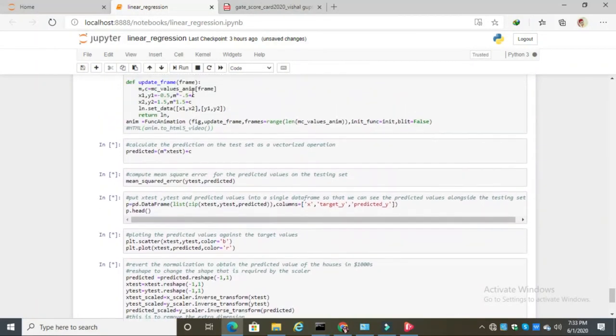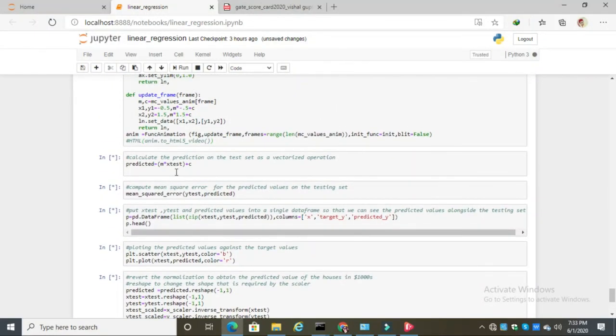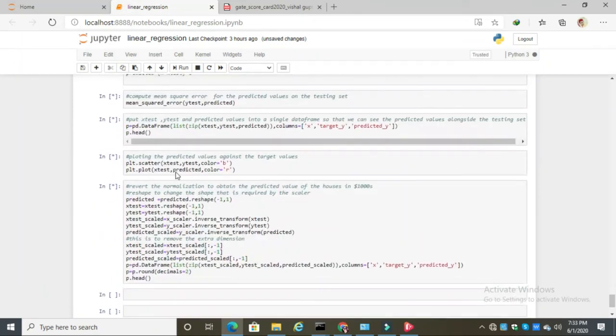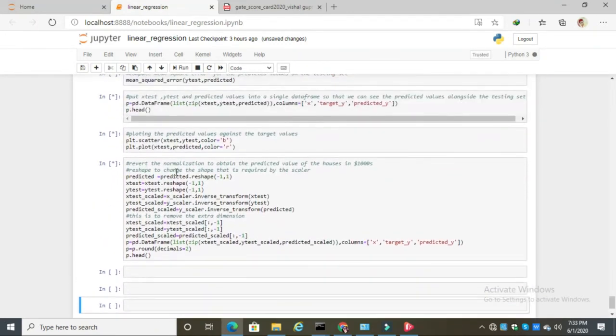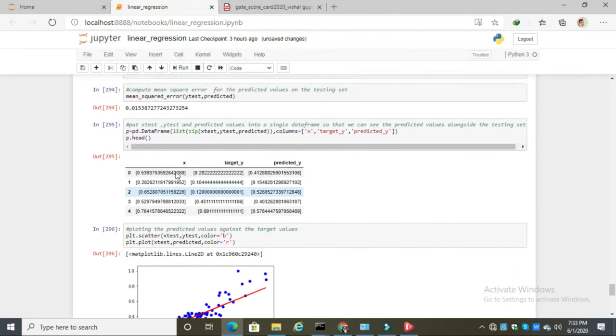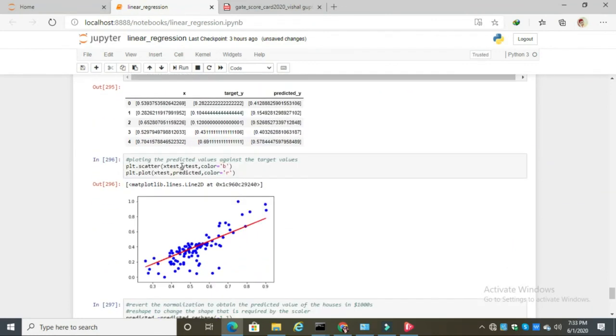Wait a minute, it takes time to run. See, in this curve we are now getting the positive slope, as we saw in the above bar graph earlier that RM has a positive impact.